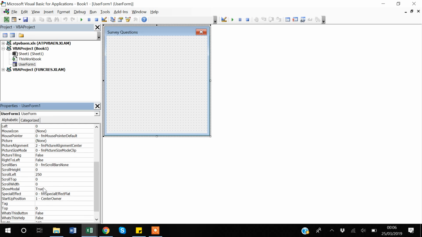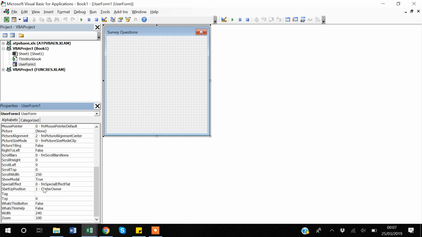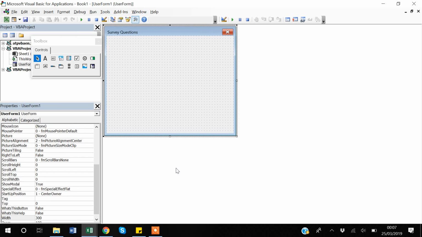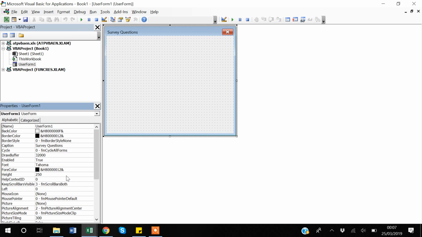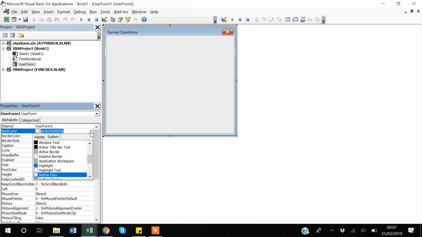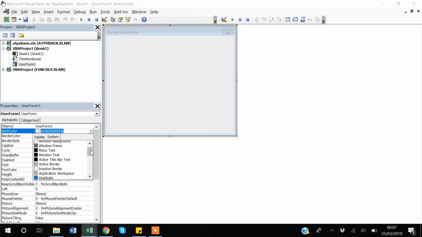There are so many options that you can play around with to change the look of your user form. So if I want the width to be 300 and I click here, you can see the width of my user form has also changed. You can even change the background color, because the background color will make your user form more attractive. Now if I change the back color,